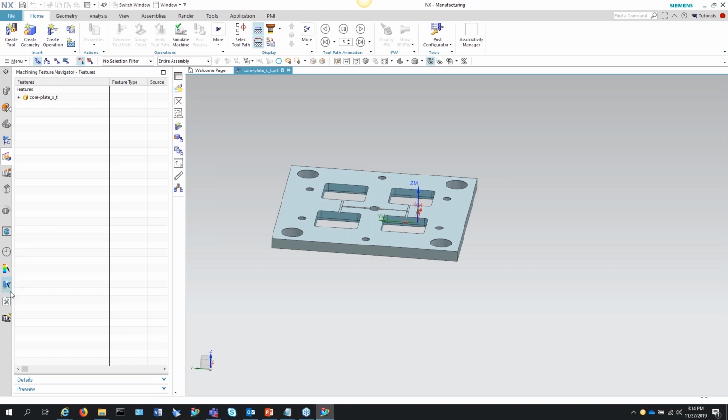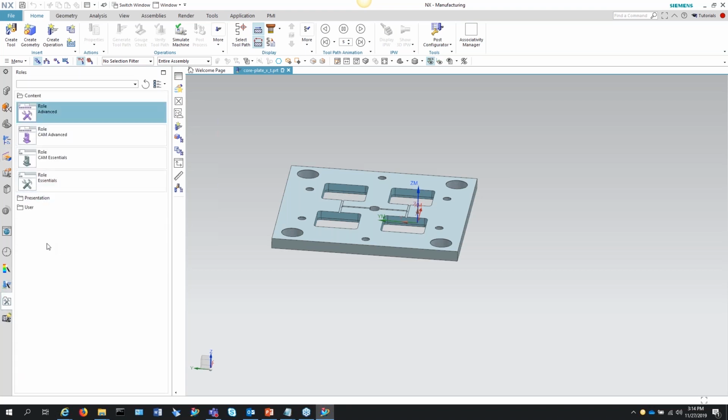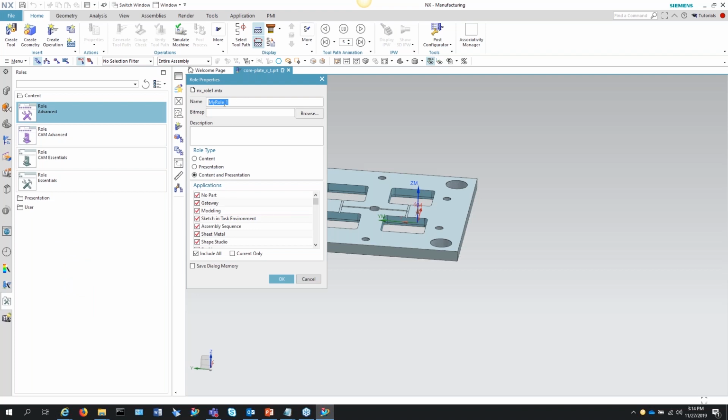Once you have it where you want it, all you do is go back to your roles. You right click, new user role, name your role, and then this is what you can tell what it's going to do. You can add an icon to it, a bitmap, and this is the different things that are available, applications available in that. So you can limit them. And I'll talk about this a little bit further when it comes to administration. You can limit what's in the